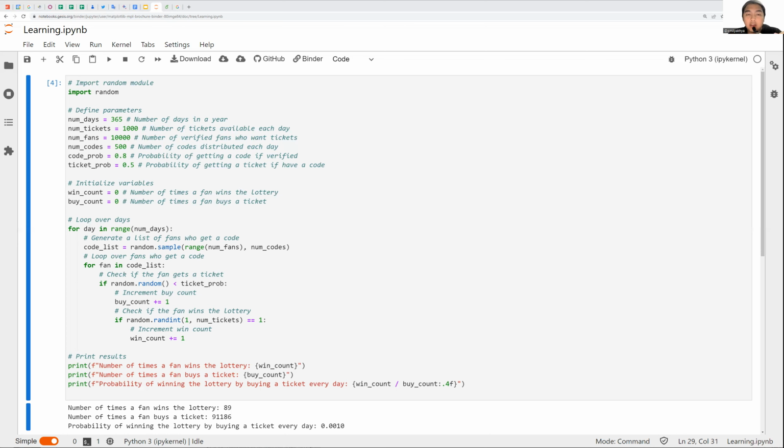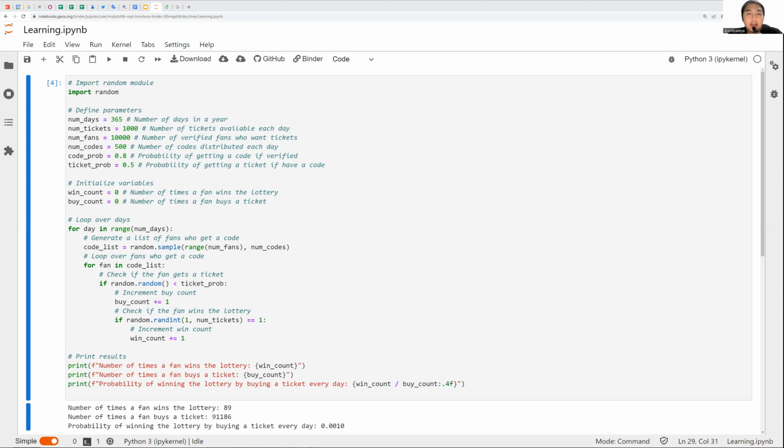Then what we will do after this? The code then enters a first loop that iterates over each day specified by the number of days. For each day, a list of fans who get a code is generated using a random sample function. This function will select num codes random fans from the pool of num fans.